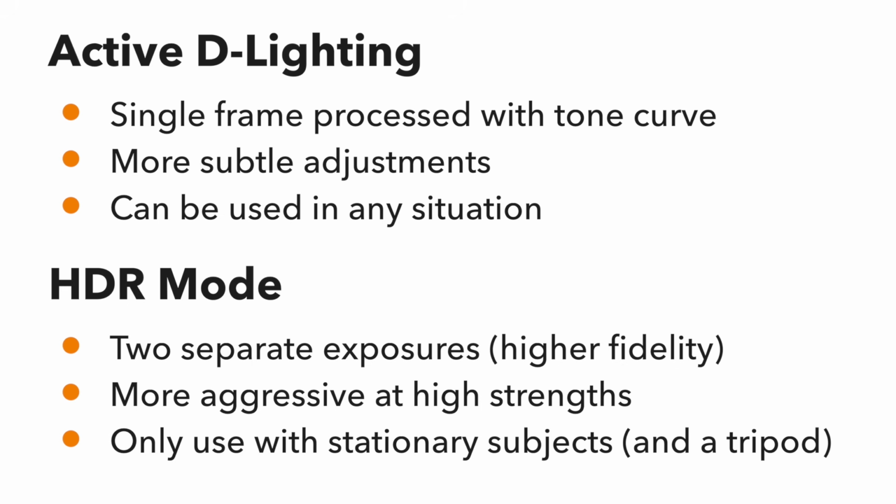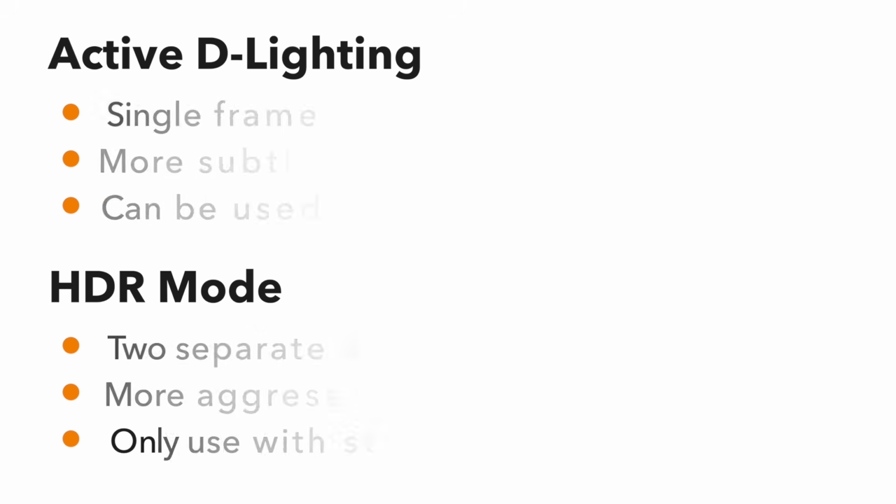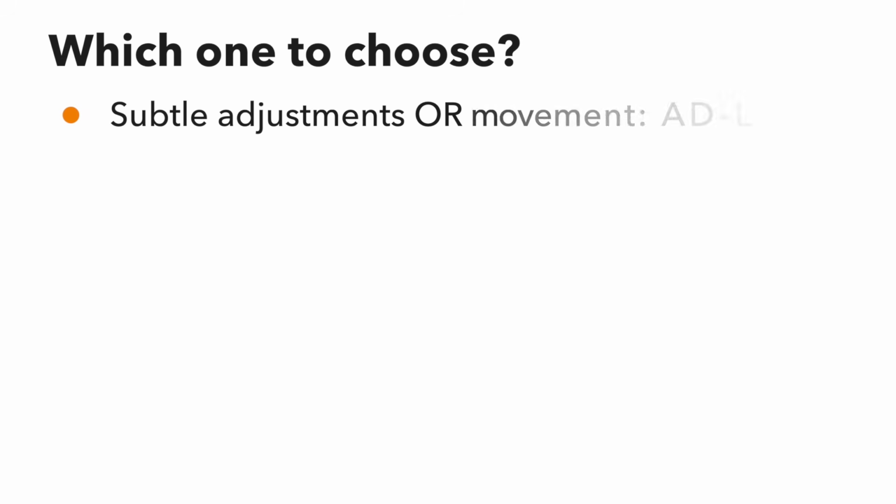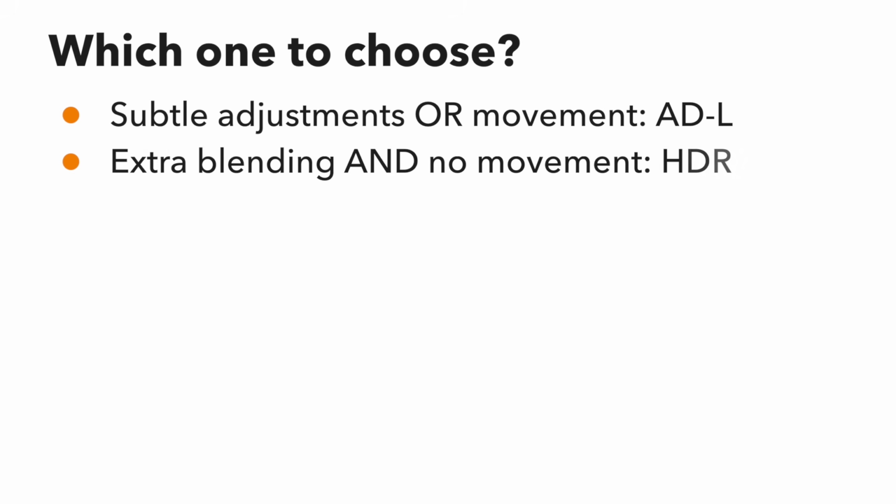So when are you going to make that choice? How are you going to make that choice? Well, this breakdown kind of makes it really easy. If you want subtle in-camera processing, or there's anything moving in the frame in front of the camera, use ADL, active D-lighting. If you want more advanced, more aggressive adjustments to the tonality and nothing is moving, then try using